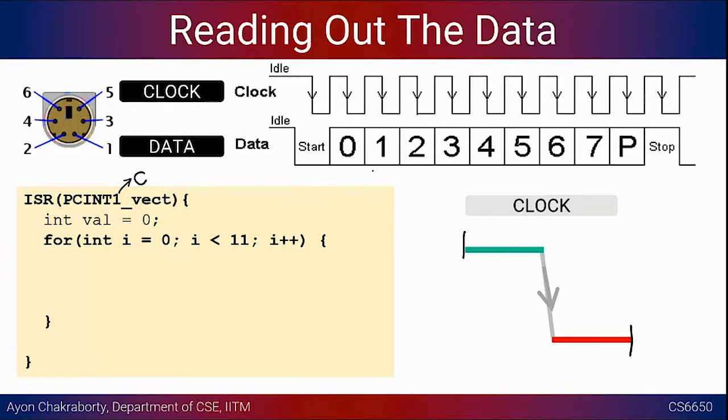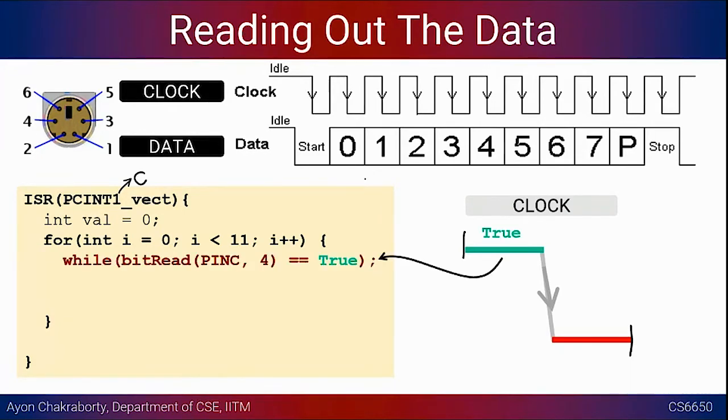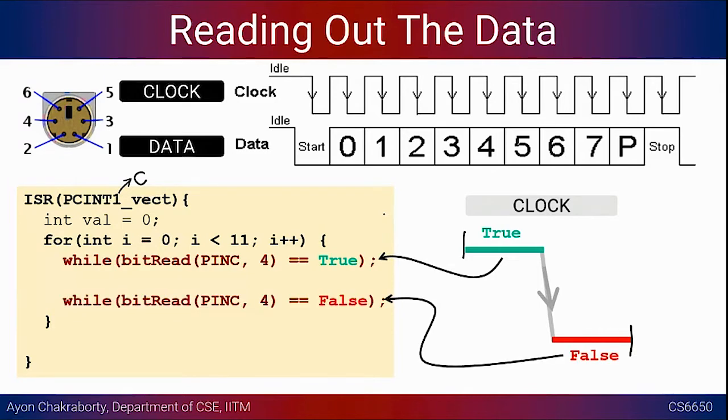So this is triggered. The first thing we want to do is wait for the period of time till the flip happens, right? In the first case, it will be false, so it will be for the first bit, because this is already flipped. So this will be immediately executed, and the while loop will exit. And then we also have to handle the other part of the clock when it is false.